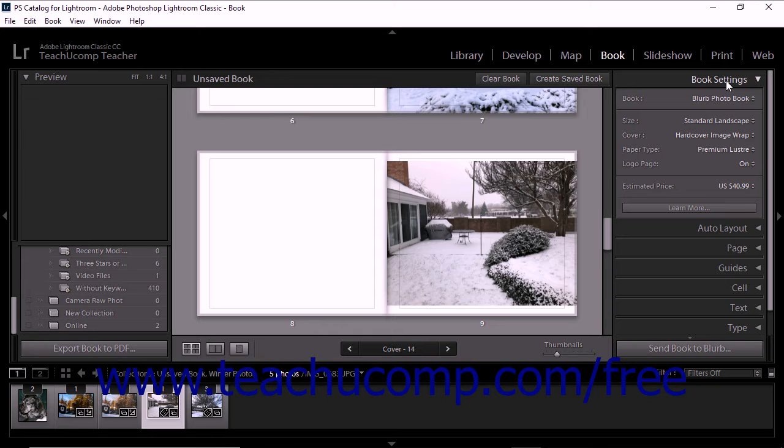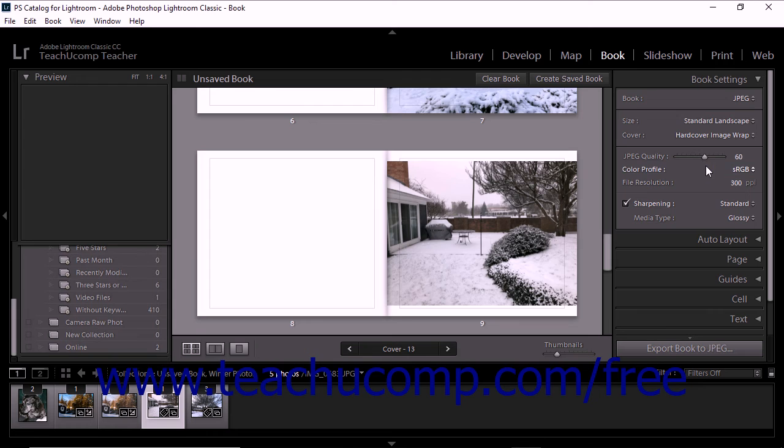The options you see in this panel vary depending on which type of output file you specify. Use the Book drop-down menu at the top of the panel to select one of the blurb printing options, PDF, or JPEG. The JPEG and PDF panel options are very similar. If you select either of these two choices from the drop-down menu, then use the related drop-down menus and options that appear in this panel to set the size, cover, JPEG quality, color profile, file resolution, sharpening, and media type